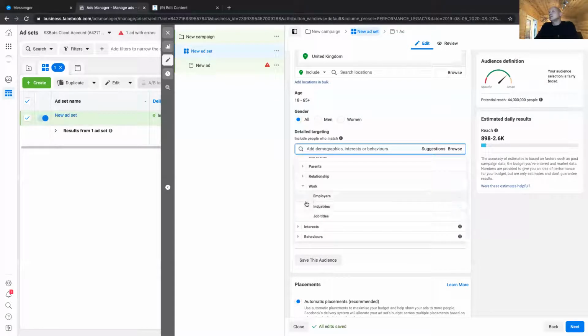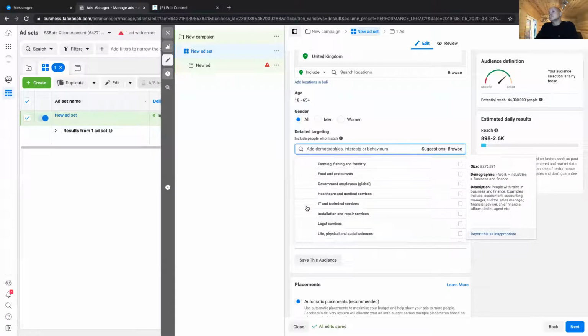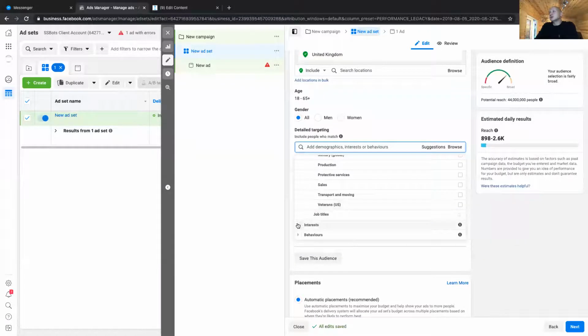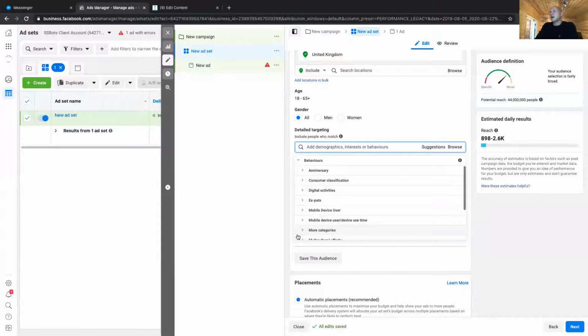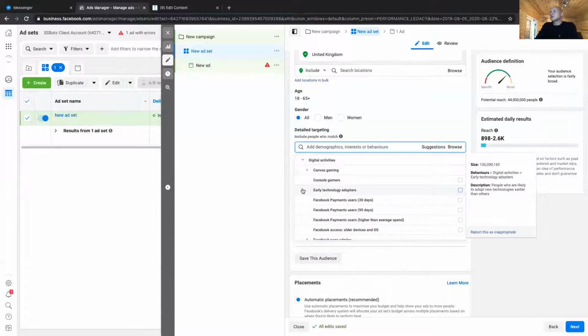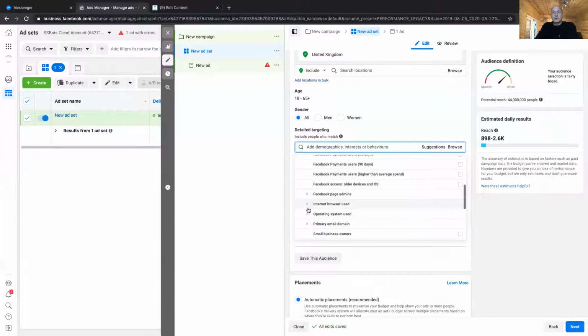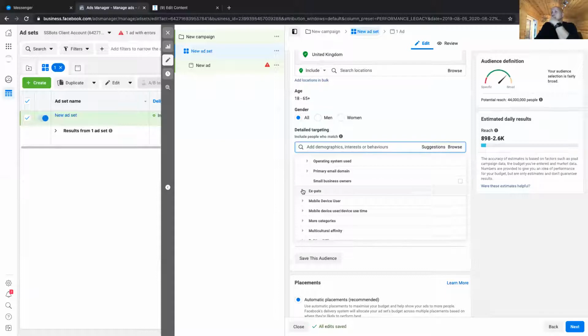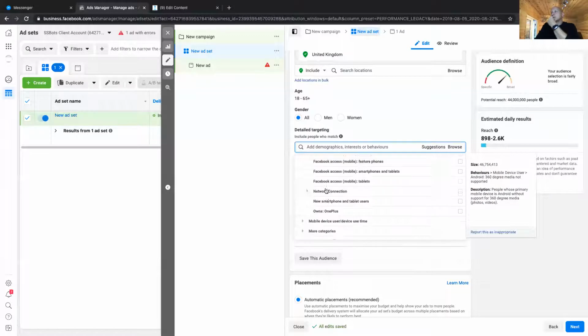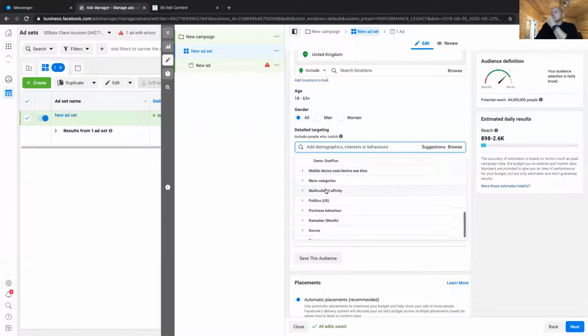Work, employers, industries. Look at all this stuff. Interests, entertainment, family and relationships, fitness and wellness, food and drink. You can browse all of this stuff. Behaviors, digital activities, Facebook page admins, what browser they're using, expats, what device are they using? So you see,